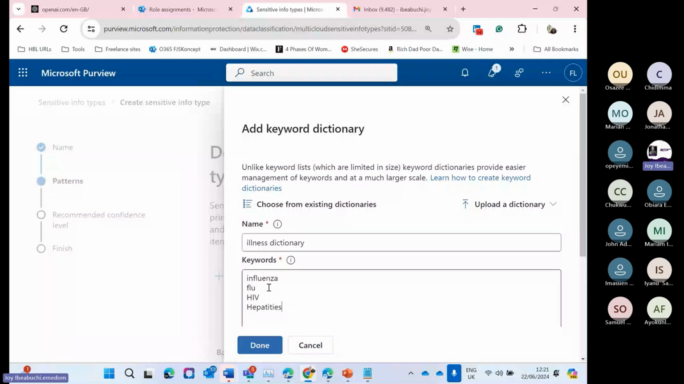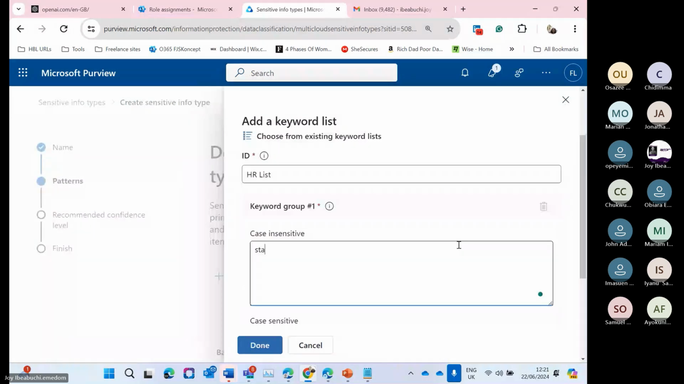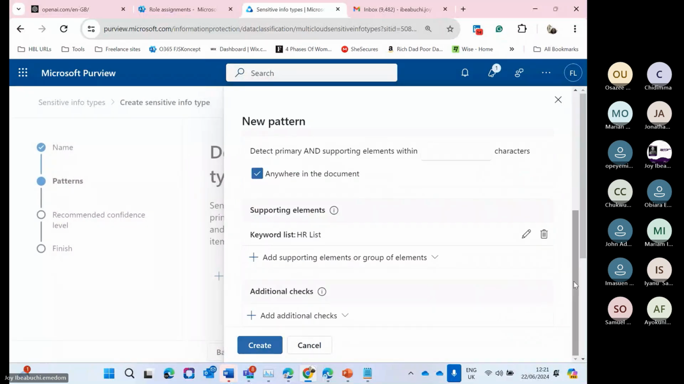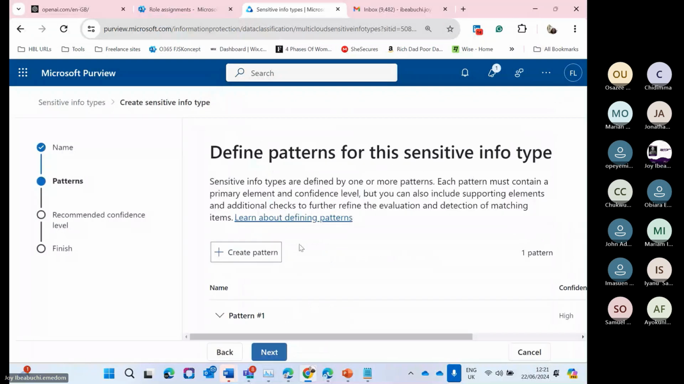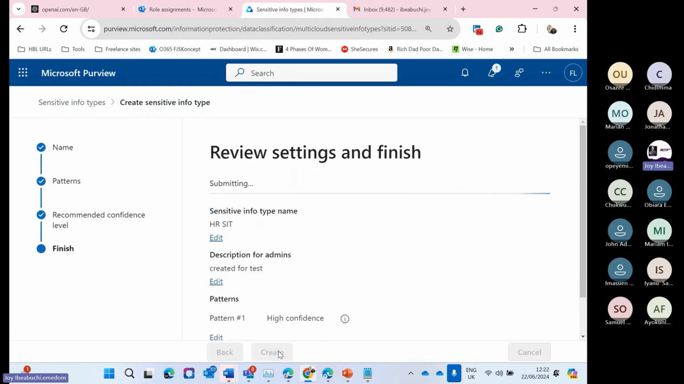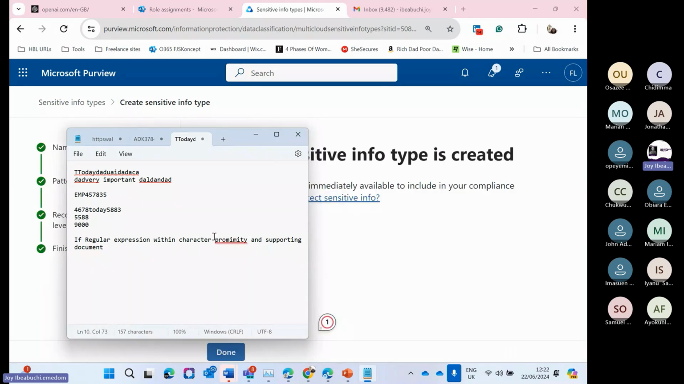So I can say anywhere in the document, I can add a supporting... okay. All right, so let's create. Now, this is just because we want to test. If it was in the real world, these documents would exist, right? So I don't have these documents. I want to create some of these documents. This will be my employee